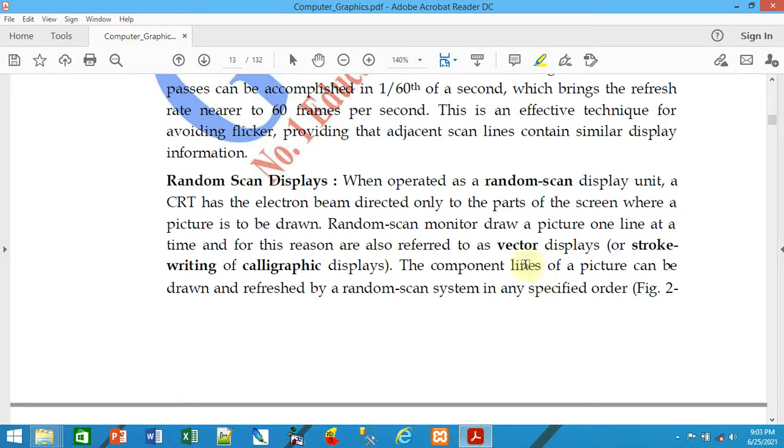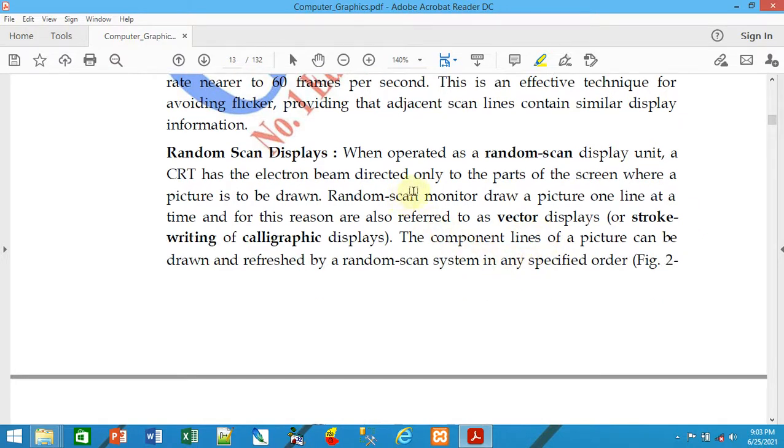In the random scan display, when operated as a random scan display unit, a CRT has the electron beam directed only to the parts of the screen where a picture is to be drawn. Suppose it is the middle, top, bottom right or bottom left of the screen; the beam is directed only to the parts where a picture is to be drawn.